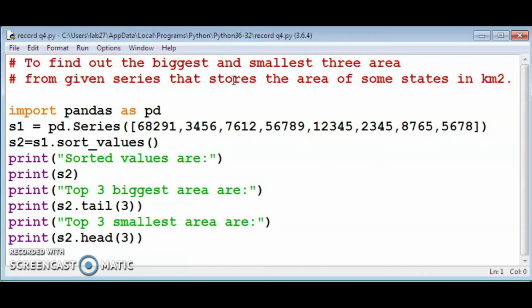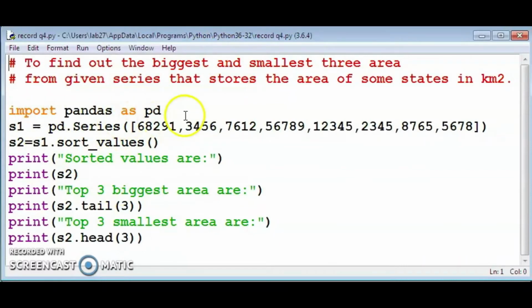First you sort the series, after that use the tail function and head function. In any order we can sort, ascending or descending. If we are sorting in ascending order, we will get the biggest area as the tail value. Okay, clear?